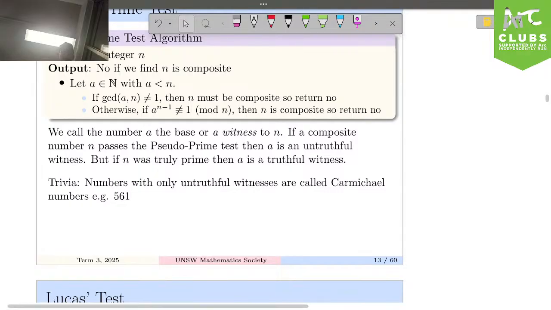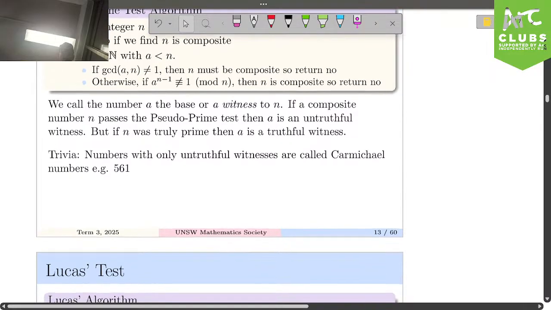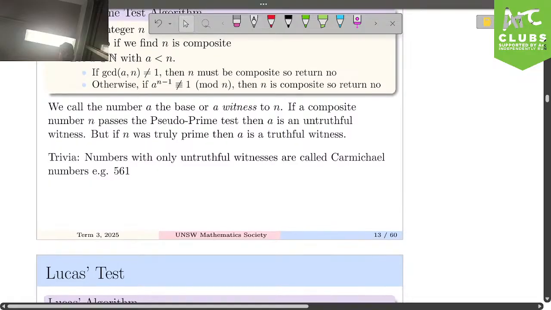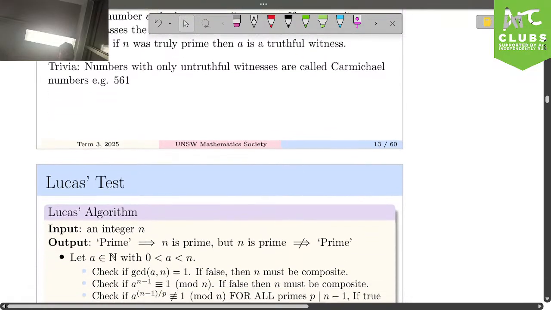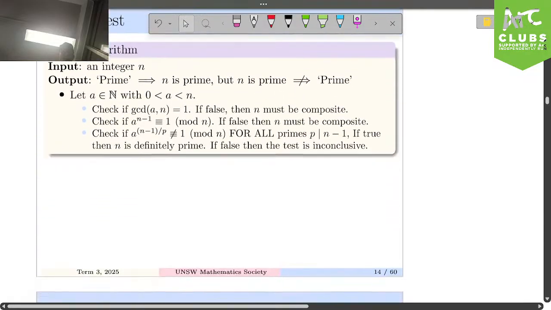So that's that written up. You can call witnesses to the stand. Sometimes it's the case that every single witness is a liar, and those are what we call Carmichael numbers. So 561, if you put it into the pseudo-prime test, it will always say 561 is prime. But it's not prime. It's divisible by 11. Because 5 plus 1 is equal to 6, so I think it's something times 11. I can't remember. But that's what a pseudo-prime test is.